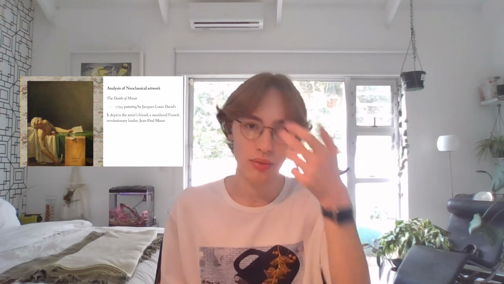So, over here, you will be seeing The Death of Marat. This is a 1793 painting by Jacques-Louis David, and it depicts the artist's friend, a murdered French revolutionary leader, Jean-Paul Marat. And through this analysis, we're going to be seeing how the neoclassical period tried to paint Marat as almost a martyr, as opposed to someone who was writing political propaganda, right? So the neoclassical period was widely known for their use of propaganda or high romanticization of an event in order to make it so that it seemed more idealistic and romantic,